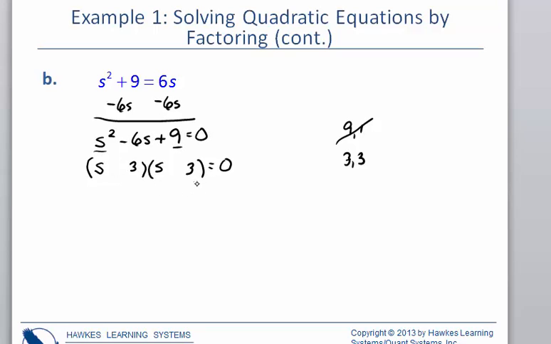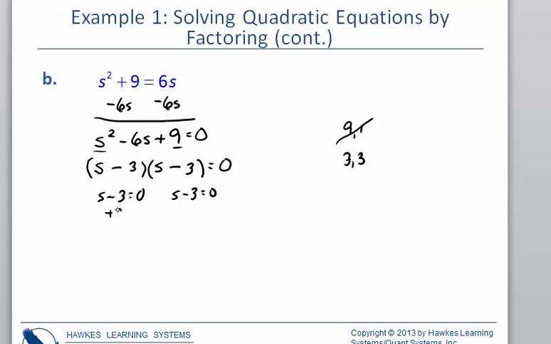Now once that's done, then you can identify your signs. The 9 needs to be positive, which means they either both need to be plus, positive 3 times positive 3 makes 9, or they both need to be negative. And since we're aiming for a negative 6, let's let both of the terms be negative. And so if we set these equal to 0, and note that you do have a duplication here,